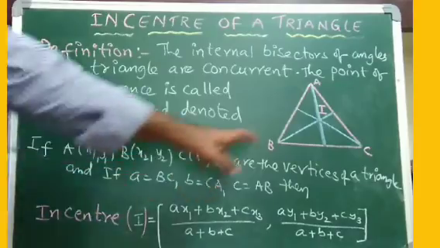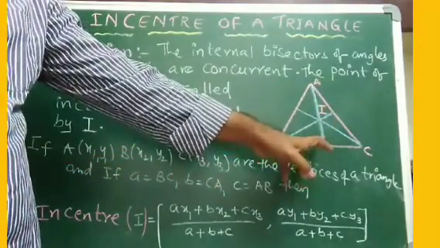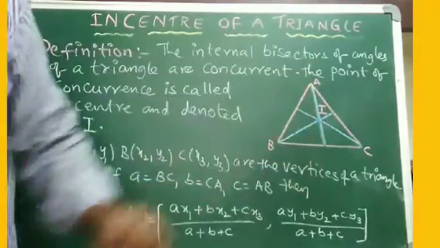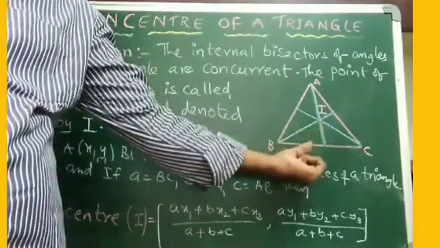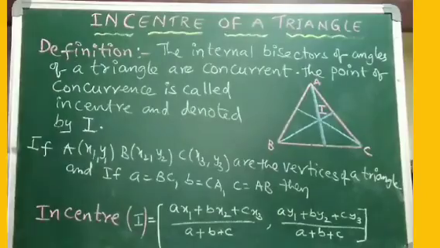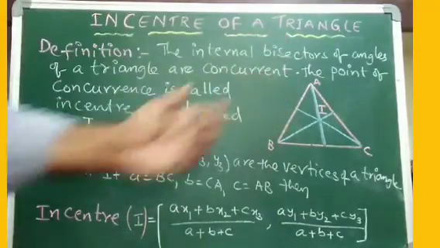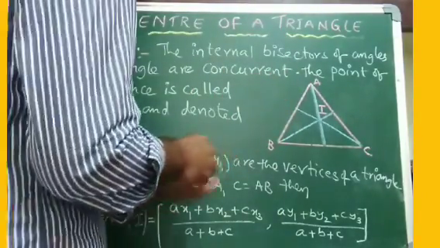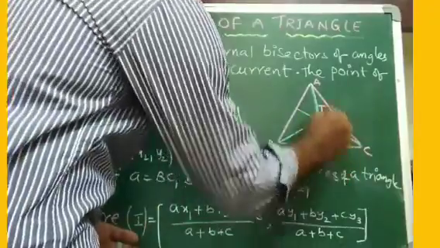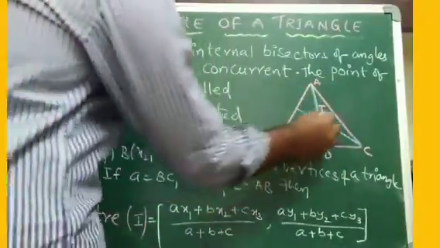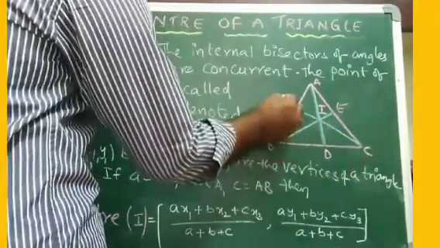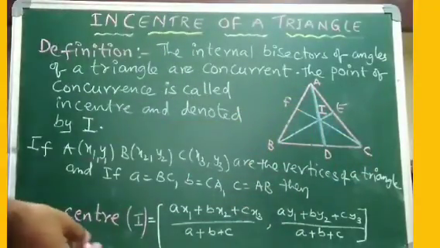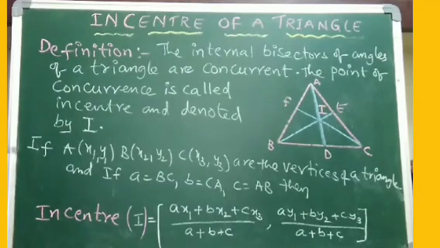Okay. This time these are not medians, and the lines are not even altitudes. I did not mention them as heights. I did not show that they are perpendicular to the respective sides. So simply these lines are angular bisectors. You can call them: AD is an angular bisector drawn from A, BE is another angular bisector drawn from B, and CF is another angular bisector drawn from vertex C.